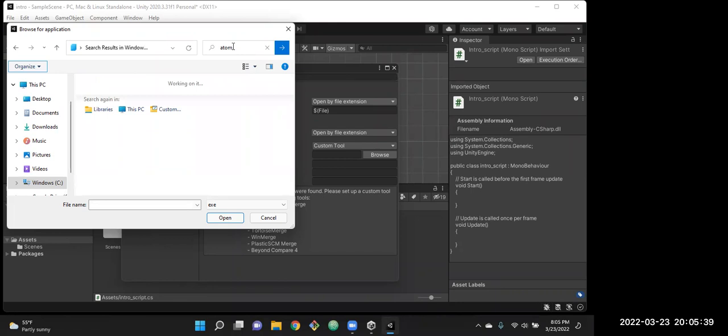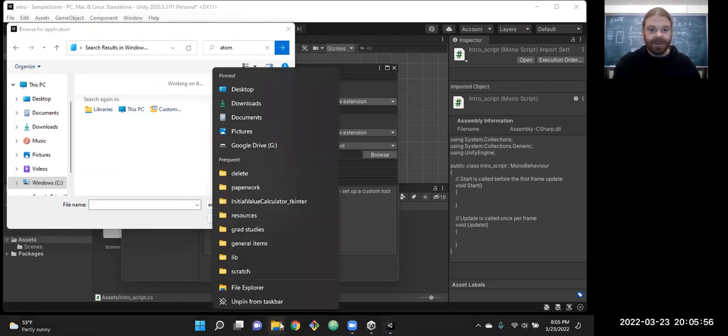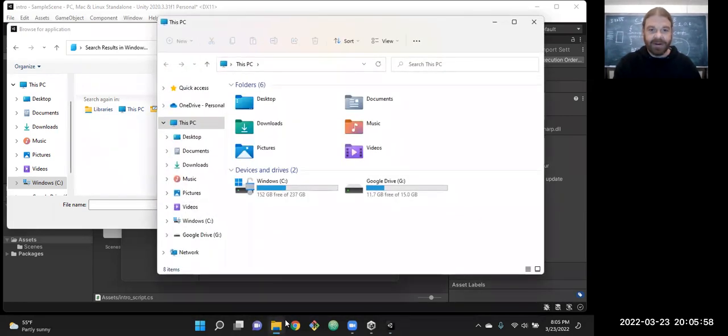I kind of forgot where I stuck Sublime for a second. Is it searching? It takes a moment. Oh yeah, that's why I never used that thing. Maybe I can find it here while the search bar is looking for it.